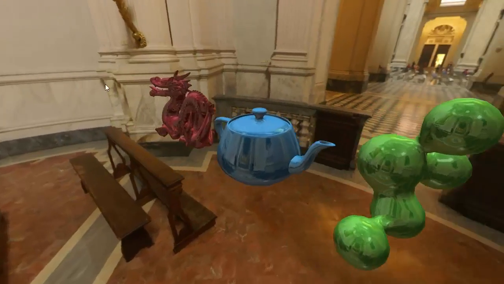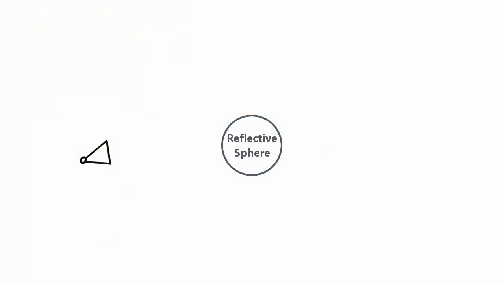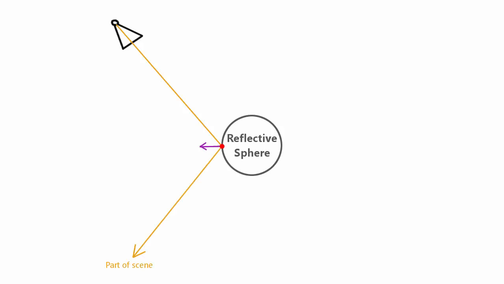So first up, let's have a look at how reflection should work. For any point on this reflective sphere, some part of the scene is going to be reflected into the camera. And you've probably done this in physics at some point, but if this is the surface normal at that point, then this angle here is always the same as this angle here. So for example, for this point, if the camera is over here, then it's going to be reflecting the part of the scene that's over in this direction. And for this point over here, if the camera is here, then it would be reflecting this part of the